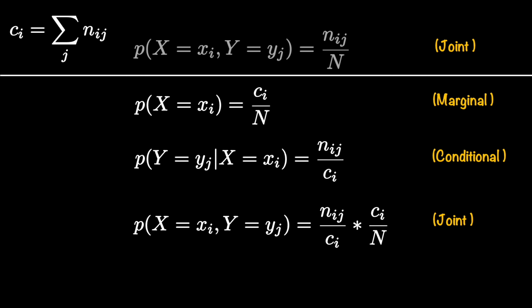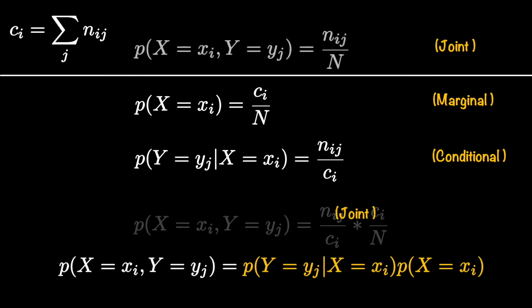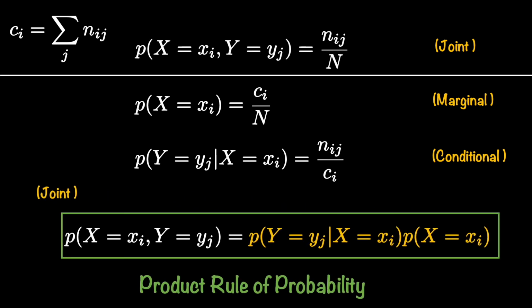And because of that, I can now express the joint probability as the product of conditional probability and marginal probability, because these fractions Nij over Ci, that's nothing but a conditional probability, you can see there, and Ci over N is a marginal probability. Hence, this formulation is also called the product rule of probability. So essentially, if you are interested in finding the joint probability of two random variables or more random variables as such, then you could see them as the product of